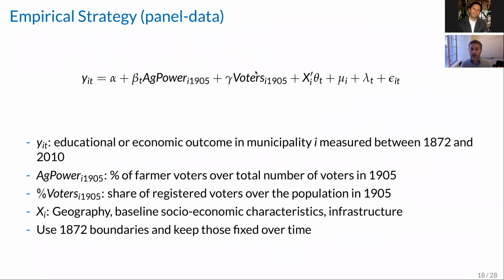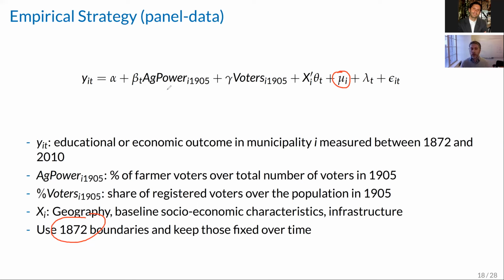The reason why we do two analyses is that once you stack the data on top of the other, because municipalities change a lot over time, you have to go back and map everything to the original boundaries, right? So I'm mapping everything back to the 1872 boundary, which means that I end up with way fewer observations over time, but then I can track over time and include the municipality fixed effect in this regression that can account for basic non-observable characteristics, and then plot an event study graph that